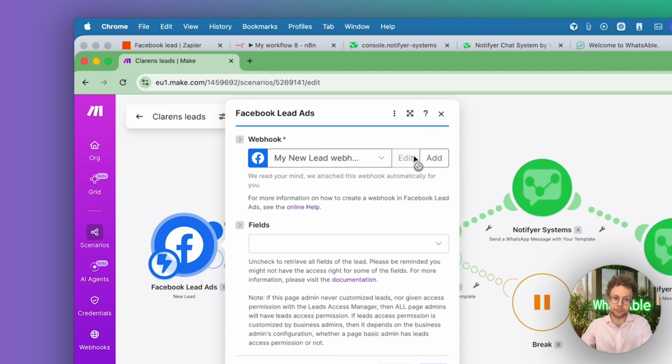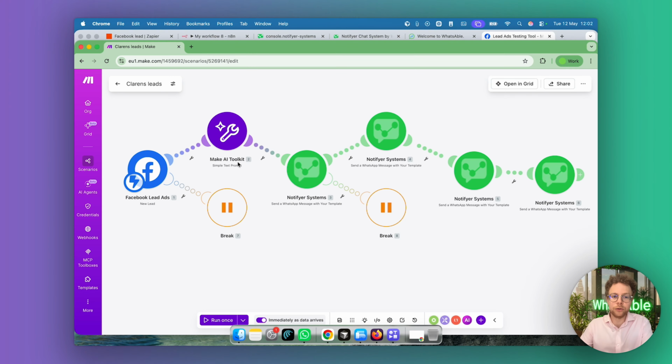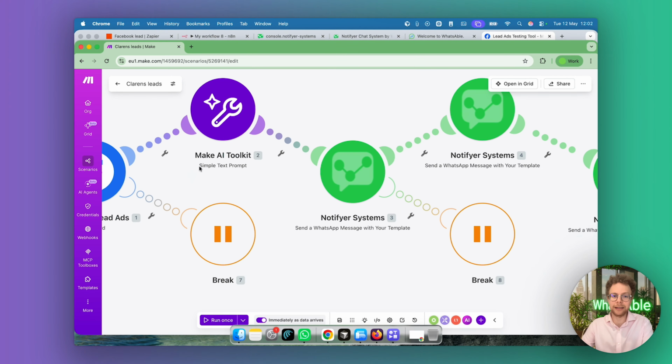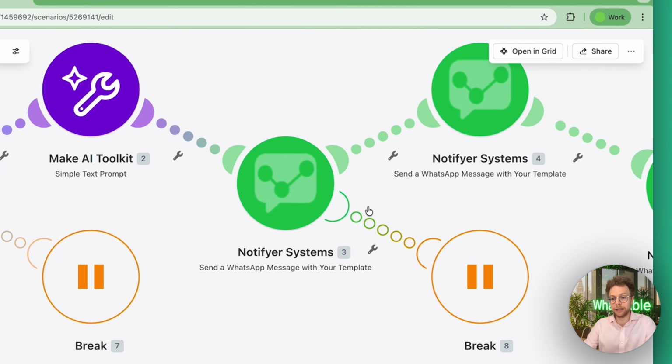The next step is you want to send a message to your leads in a very clean way. So what we're going to use is the Make AI toolkit and then select simple text prompt. All right, here's where we're going to manipulate data for different cases. For example, in my case, you get the lead's first name and last name together on Facebook. So I just write a prompt: you will get a full name here, just return the first name of the person. So if they return something like John Cage as the lead name, you just want to send a message that says, hi John, right? So this Make AI toolkit will just return John,